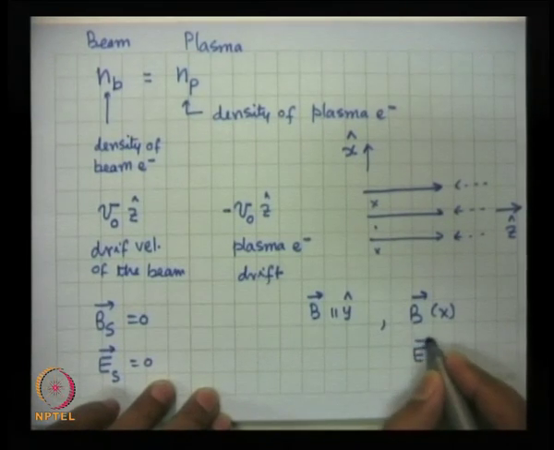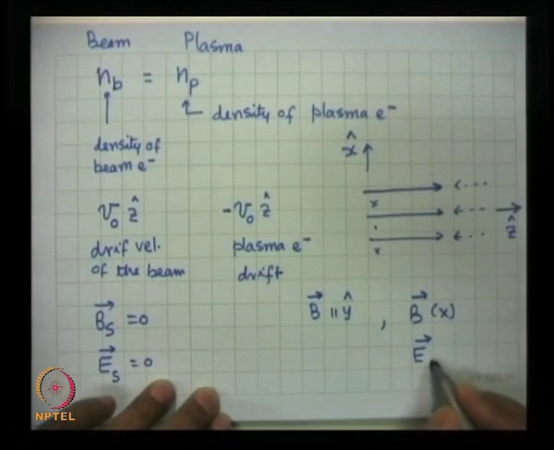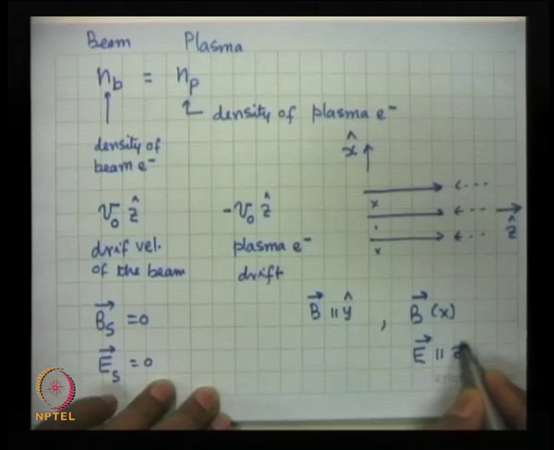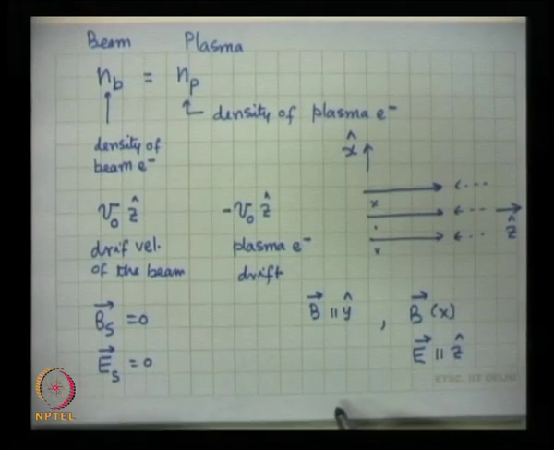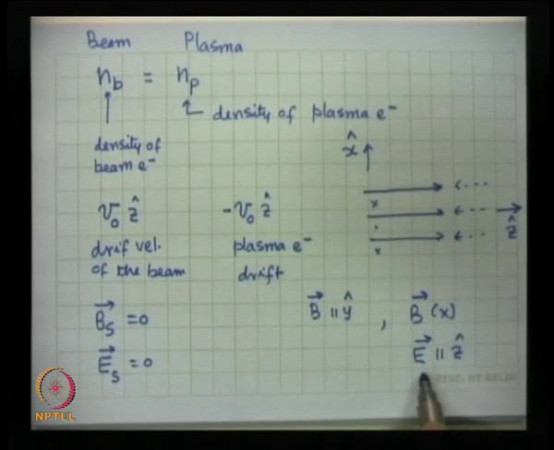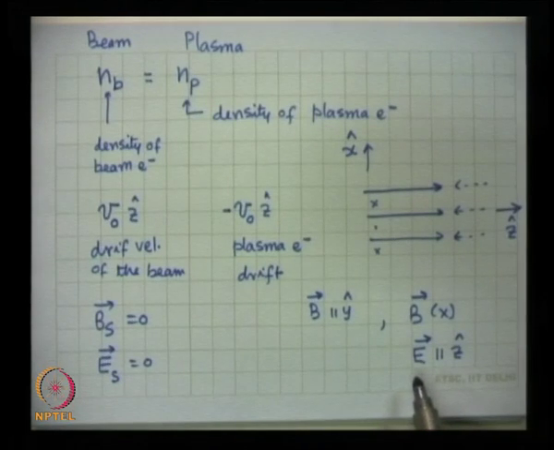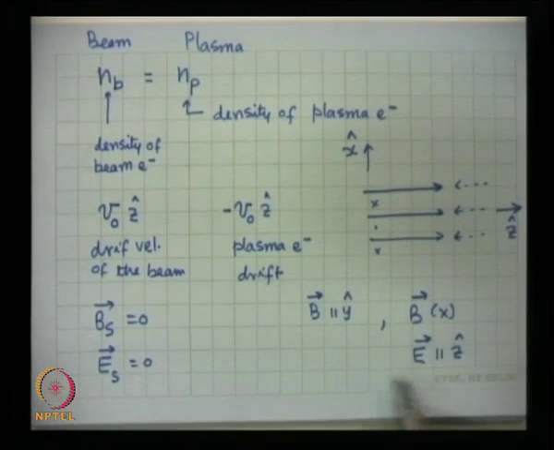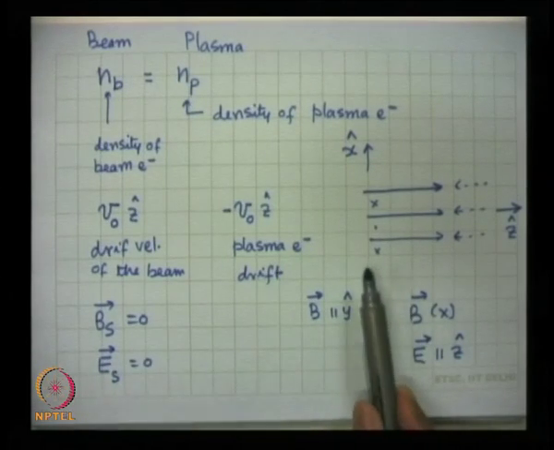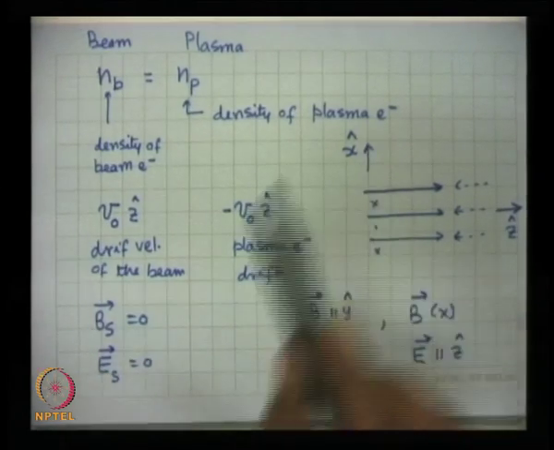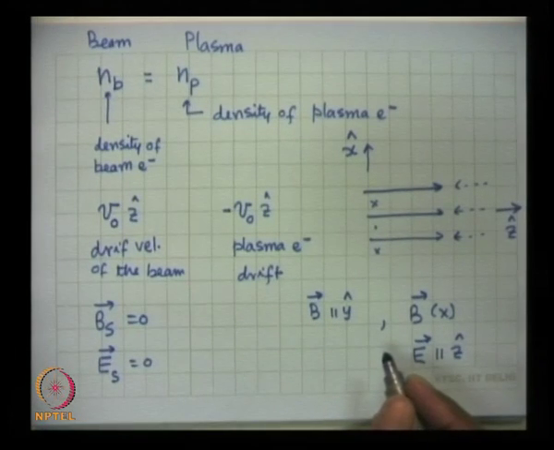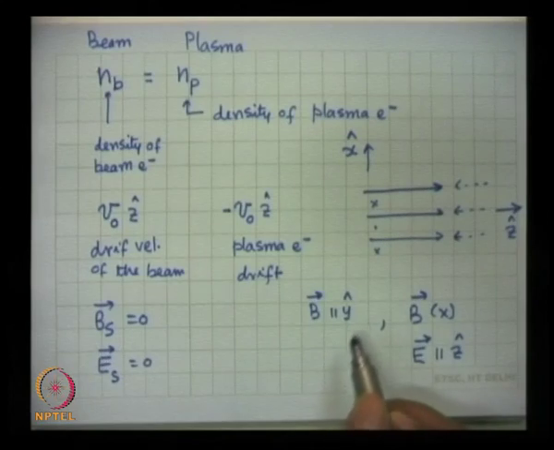So, the perturbed electric field of this perturbation is parallel to z, and we shall discover that other components of the electric field are really unconnected to the z component of electric field and they do not grow. So, this is the only perturbation. So, it is a simple situation, as if some electromagnetic wave is travelling perpendicular to these beams. Well, we will see what should be the frequency, is it 0 or finite, for a given wave